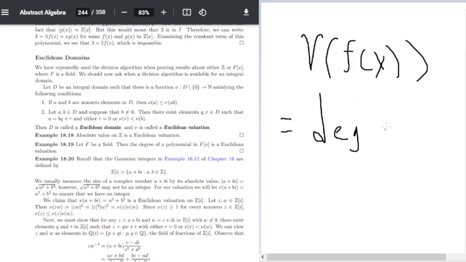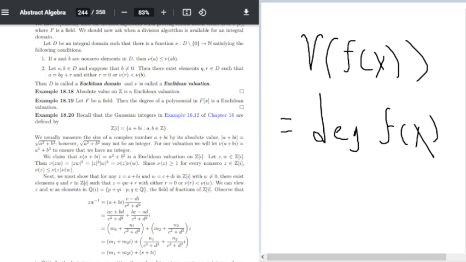Example 18.18. Absolute value on Z is a Euclidean valuation. Then, example 18.19: let F be a field, then the degree of the polynomial in F[x] is a Euclidean valuation. Example 18.20. Recall that the Gaussian integers in example 16.12 of chapter 16 are defined by Z adjoin i,